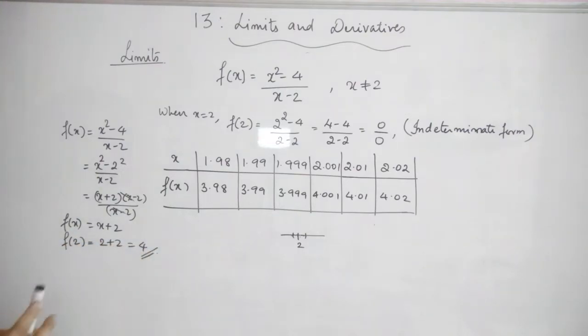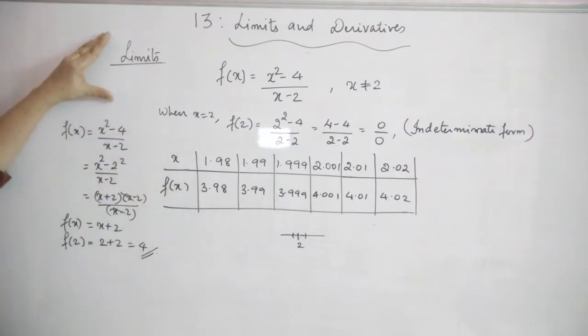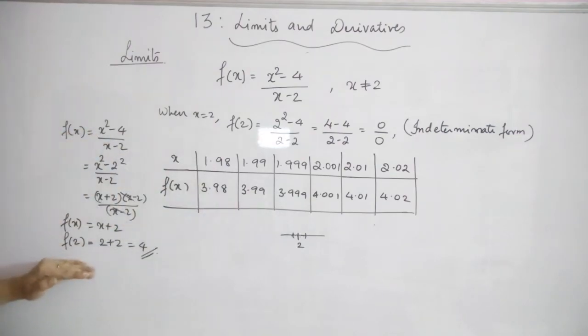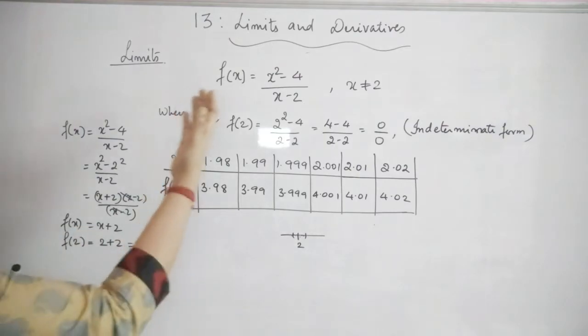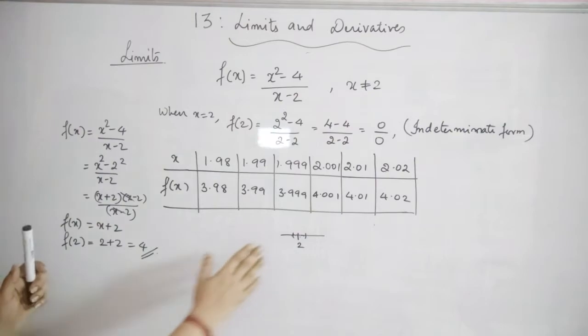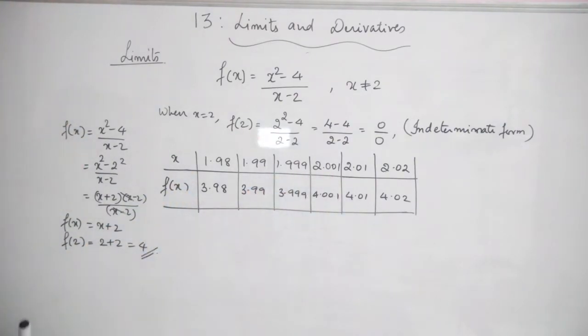Now what is the meaning of all these things? If this is so easy, why are we doing all these things, right? So this is a tiring process also. The concept of limit you can understand only through this method. This will give only the function value at that point. But what we are here to do is the limit process, that is what is the meaning of limit, that should be clear. Now what we are getting from this concept is the limiting value of the function becomes 4